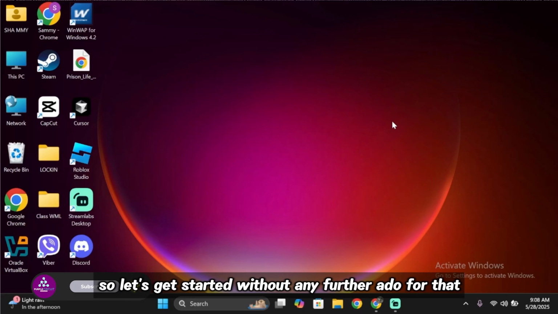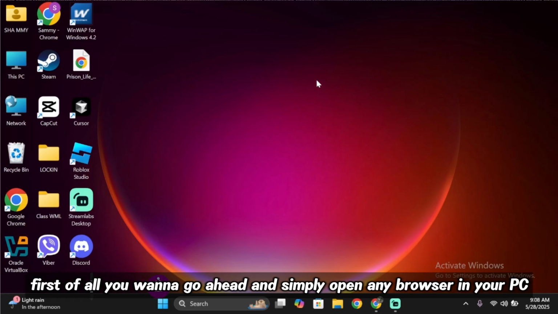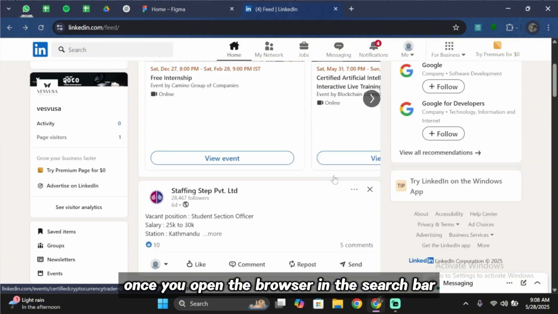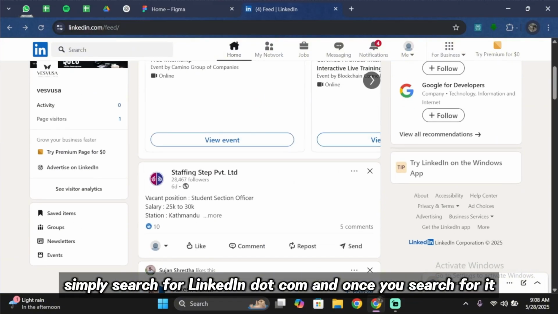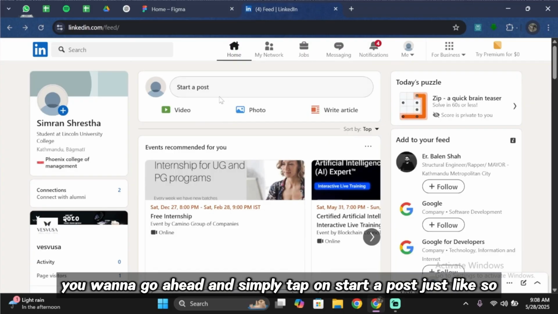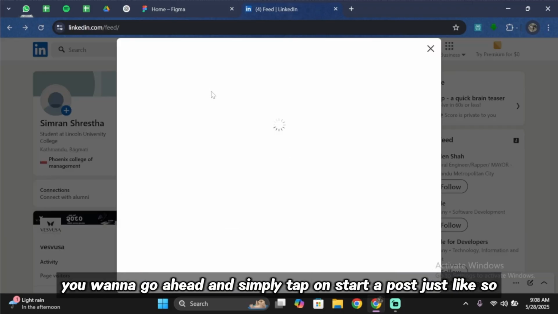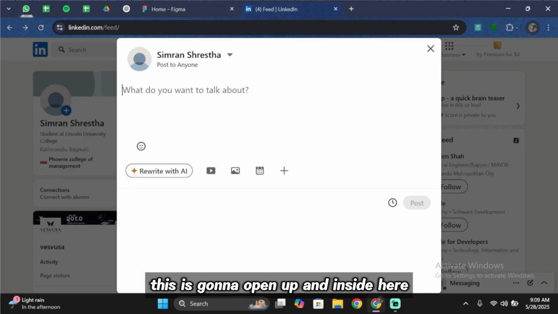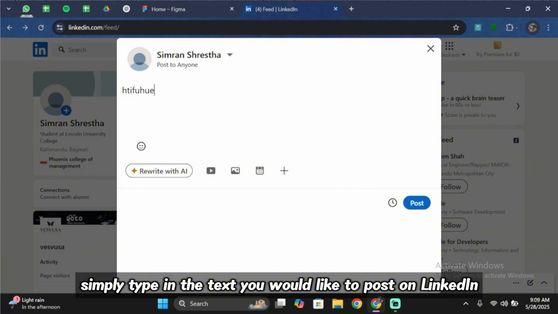So let's get started without any further ado. For that, first of all, you want to go ahead and simply open any browser in your PC. Once you open the browser, in the search bar, simply search for linkedin.com, and once you search for it, you want to go ahead and simply tap on start a post. Just like so, this is going to open up, and inside here simply type in the text you would like